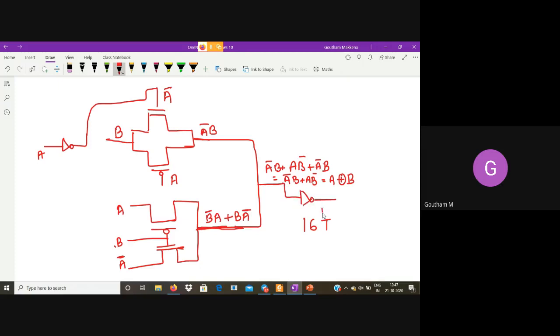You need this one to generate A XOR B whole complement. The same arrangement repeats over here, but with appropriate signals. So instead of A bar, you will be having A XOR B whole bar. Instead of B, you will be having Cin. So here also, instead of B, you will be having Cin. Instead of A, you will be having A XOR B, or you can directly go for A XOR B and A XOR B whole complement. So the same thing repeats over there.